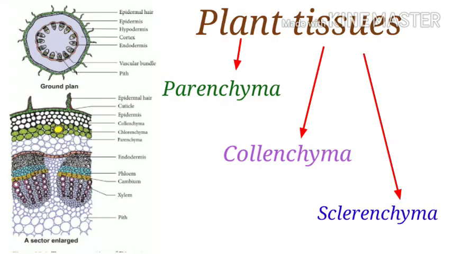It is this meristematic tissue which later forms the mature tissue. When it forms the mature tissue, it is converted to other kinds of plant tissues like parenchyma tissue, collenchyma, sclerenchyma, xylem, phloem, etc. Now we are going to study three different kinds of plant tissues, that is parenchyma tissue, sclerenchyma and collenchyma tissues.